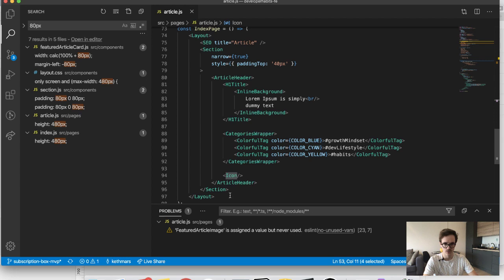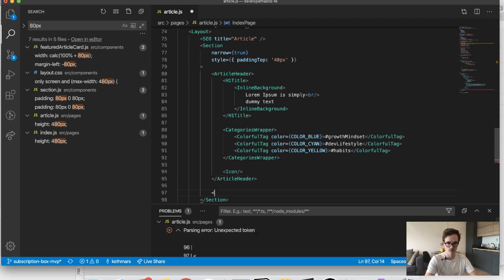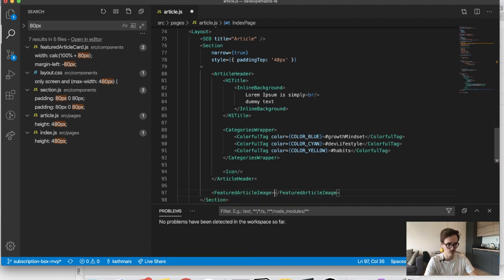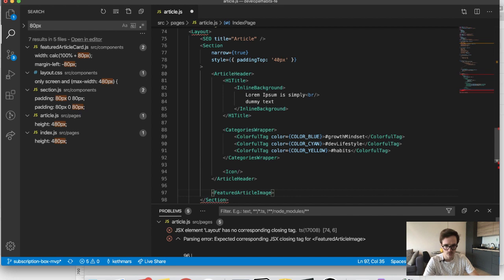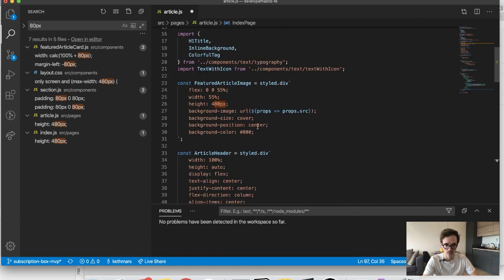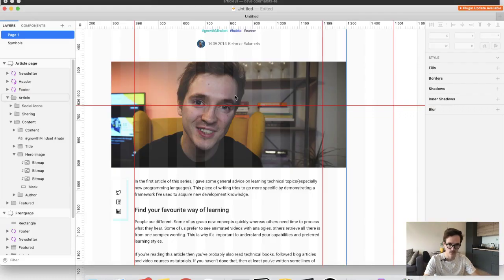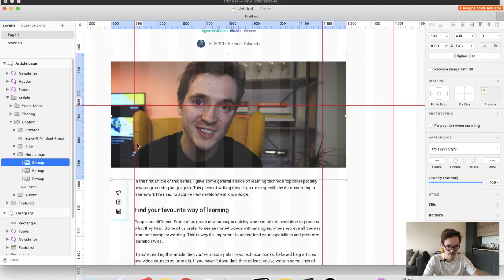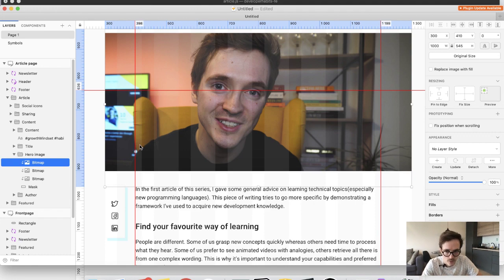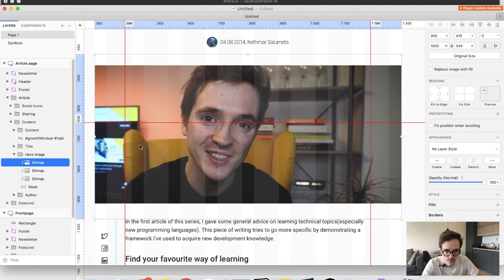So firstly, let's create a featured image component, and this is taken from the featured article card, so I'm gonna change it. The width of it should be, as you can see, it's overflowing, so it should be like